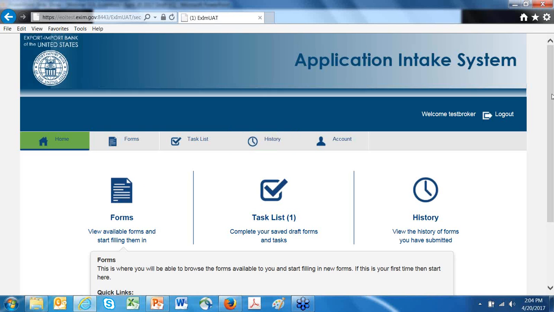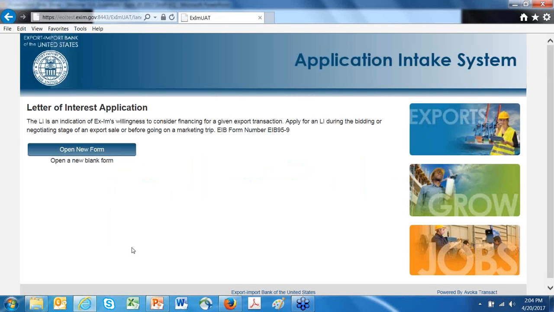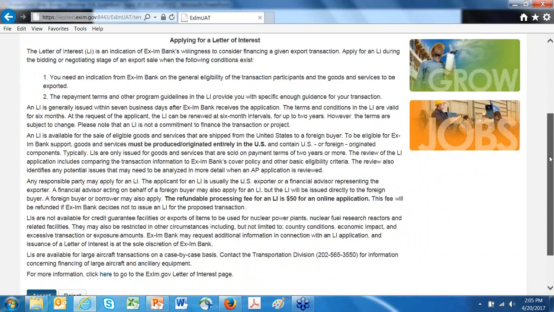So we'll take you to this page, and you'll see down here, there was a link under Forms to Letter of Interest Application. You can click on that and open a new form. And here we'll give you some guidance and instructions about letters of interest.